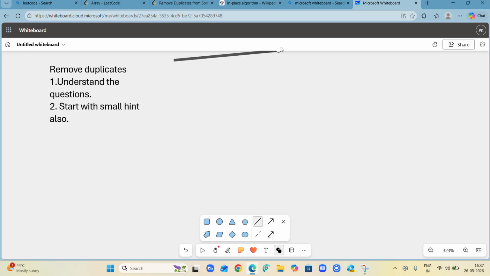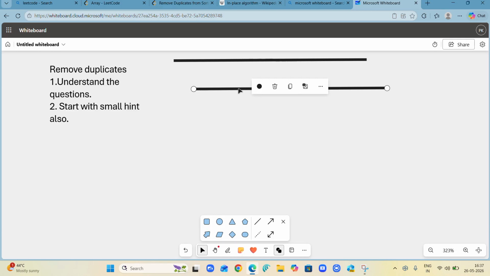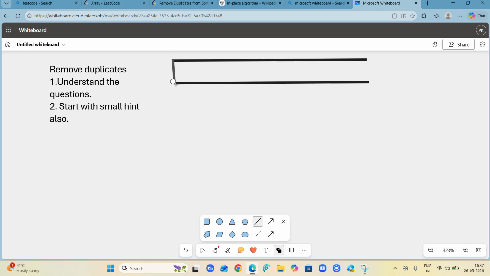So the array is, now let's write the array over here. So this is the array.